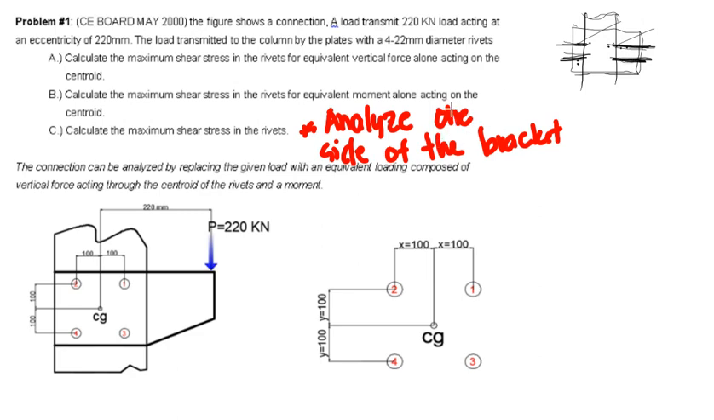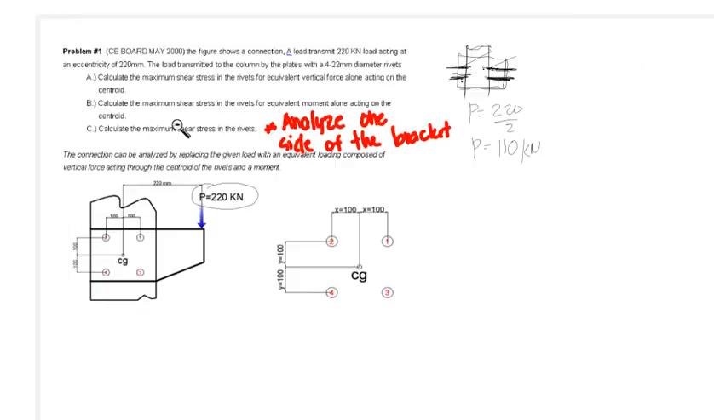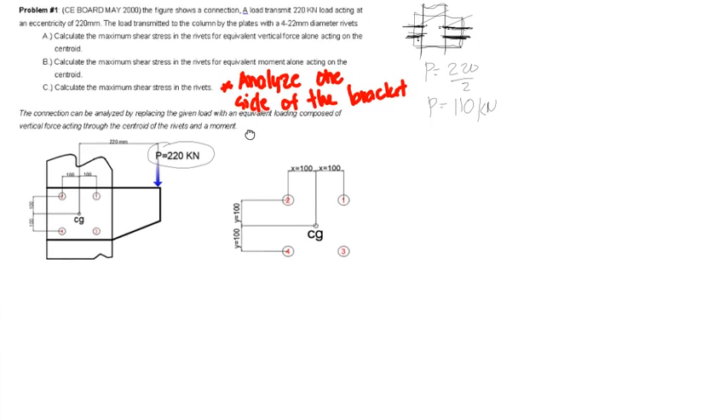So, when we analyze one side of the bracket, our P now, we divide it by 2. So, our P is 110 kilonewton. It becomes 110 kilonewton. So, that is the P we will use. So, for the first